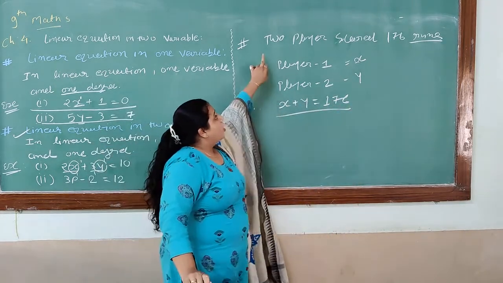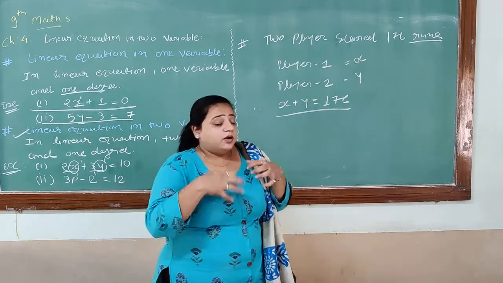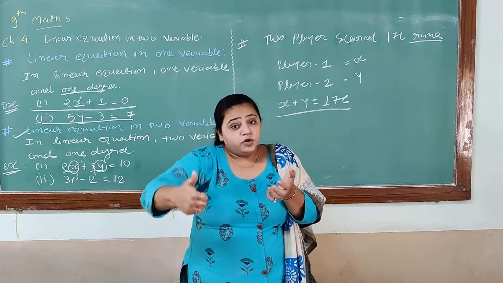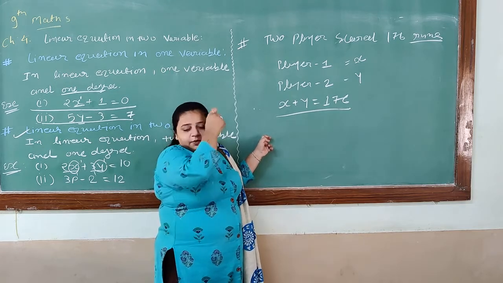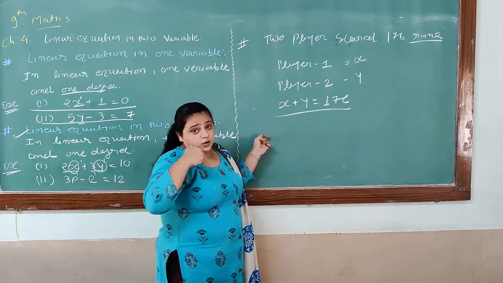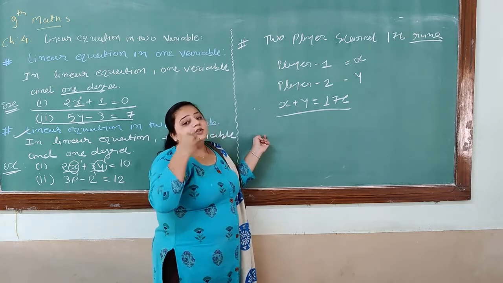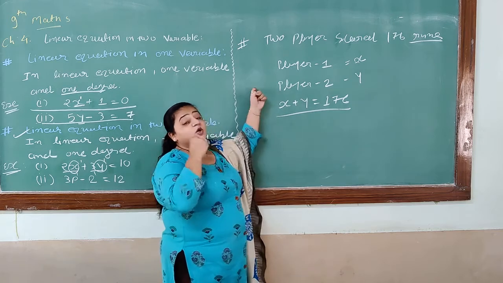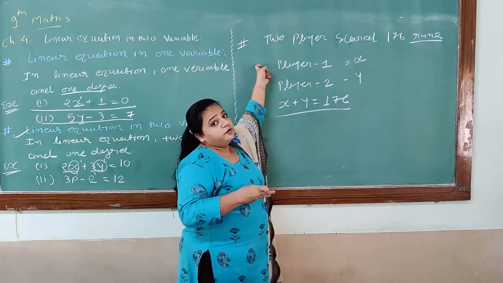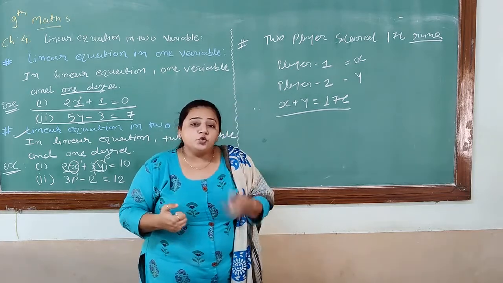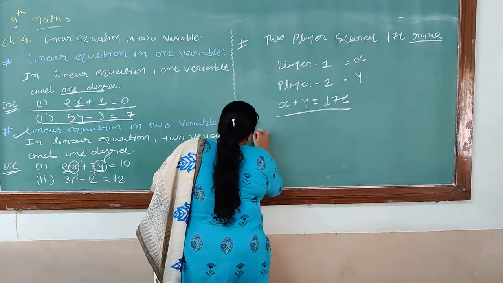Right? So this way, according to the question, you have to form an equation. You have to decide whether you have to apply 1 variable or 2 variables. In some cases, you will get the brackets. Bracket, that means ring. Here you have to apply 1 variable or you have to apply 2 variables. Sometimes it is given, but other times you have to understand what the question wants. Here we are talking about 2 different persons. That's why we have to take 2 variables, that is X and that is Y. Let us see one more example.